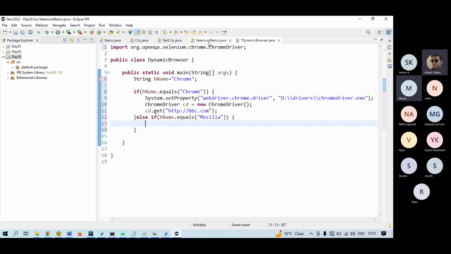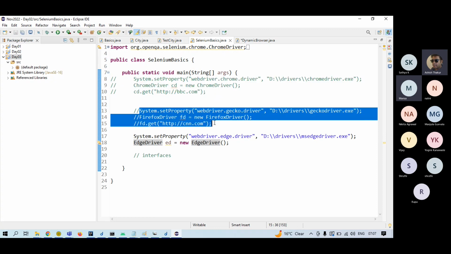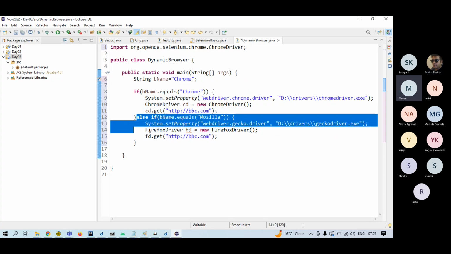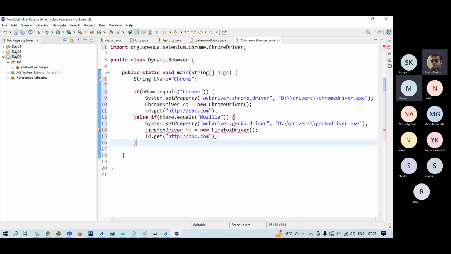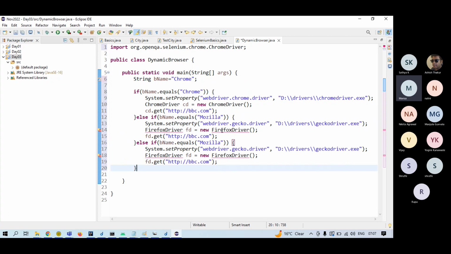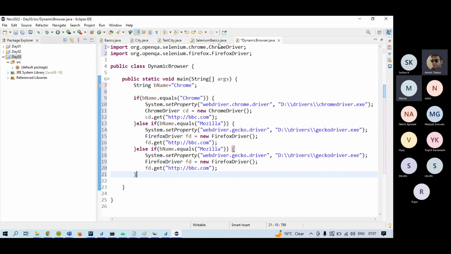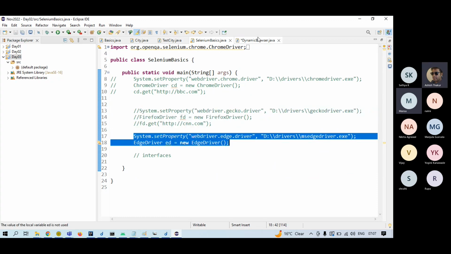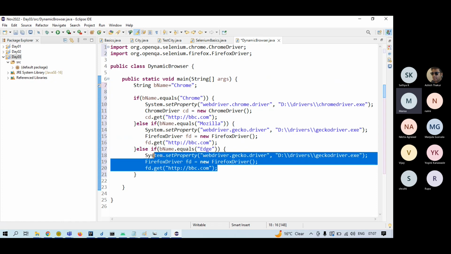So you will have to write the code like this. But this doesn't make sense because for every browser we are writing a different script. If the browser is Edge, then you initialize your Edge driver,